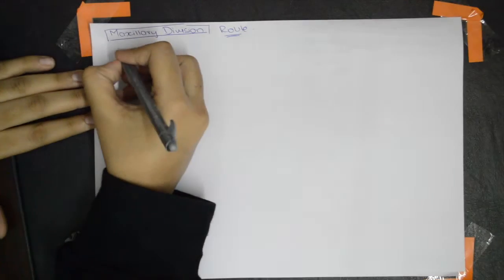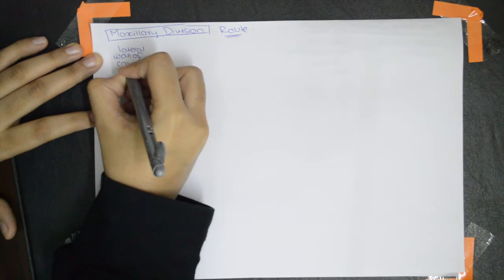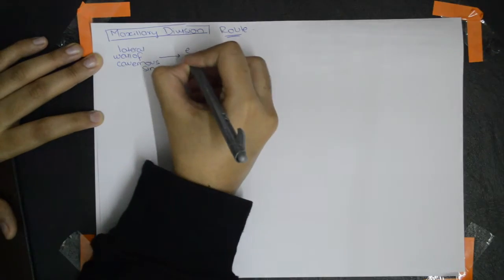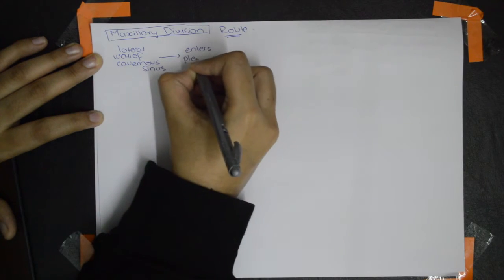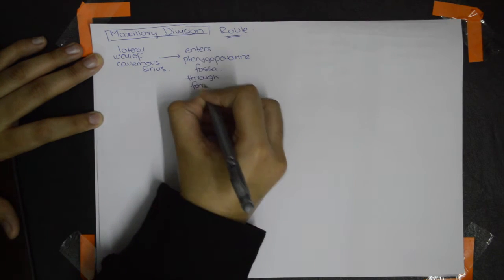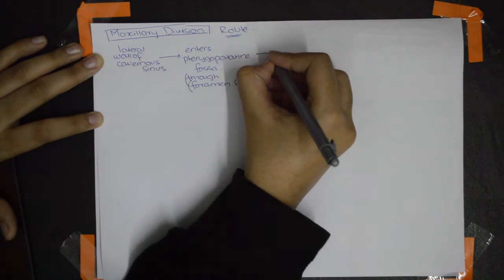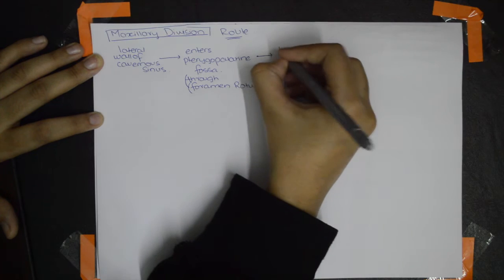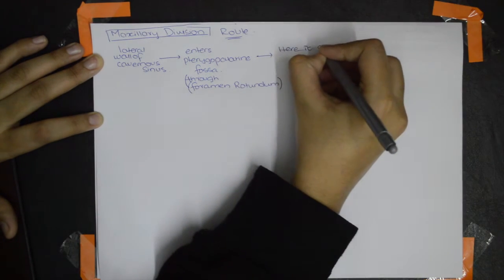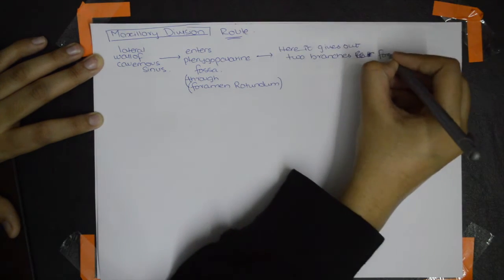Now let's do the route of the maxillary division. It starts from the lateral wall of the cavernous sinus, then it enters the pterygopalatine fossa. How does it enter the pterygopalatine fossa? You know, it's through the foramen rotundum. Anyways, so now over here at the pterygopalatine fossa, it gives out 2 branches for the pterygopalatine